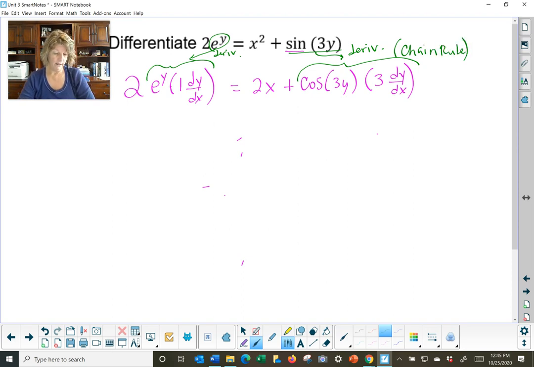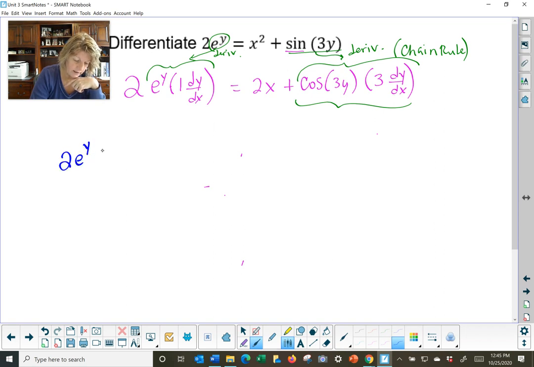All right, now it is the sorting game. I want dy dx's on one side, and I want everything else, all the other terms, on the other side. So I need to bring this entire thing over to the left side, don't I? Or at least that's where I'm going to collect my dy dx's. This is going to come over through subtraction. I'm going to have 2 e to the y dy dx, I'm not going to do too many steps here at once, minus 3 cosine 3y dy dx